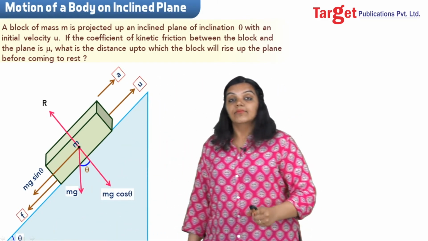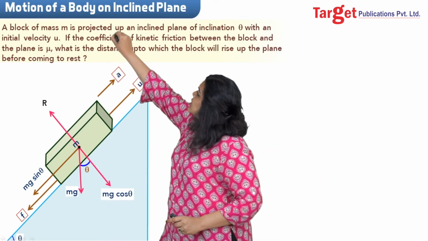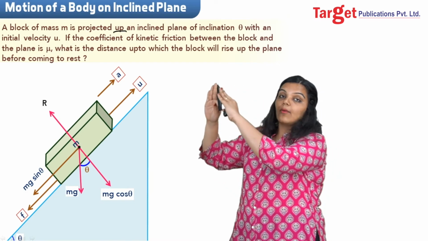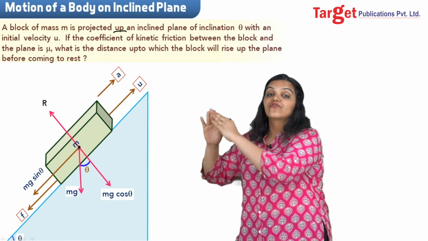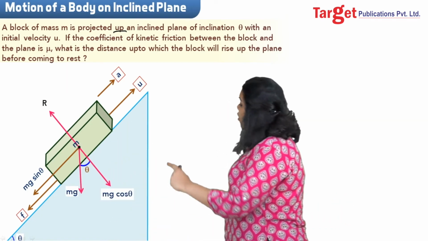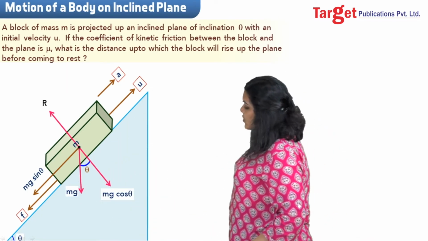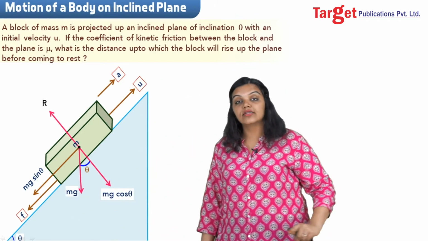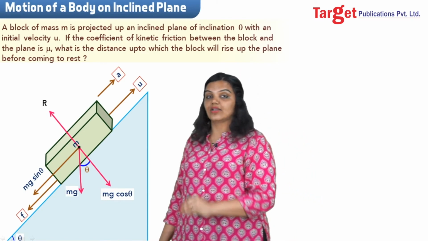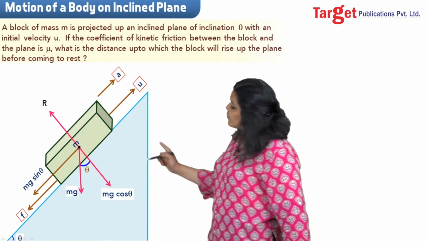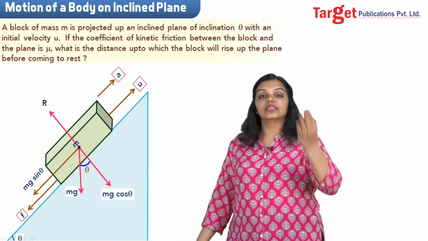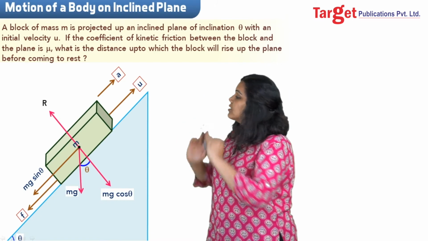And why is that? Because in this case you are pushing the block up. If you are pushing it up, the motion is in the upward direction, which means the frictional force must be opposite to that, that is in the downward direction. Also, this is kinetic friction because the block is in motion. So friction is in the downward direction and acceleration is upwards, because ultimately the block is moving up, that is, has been projected up.